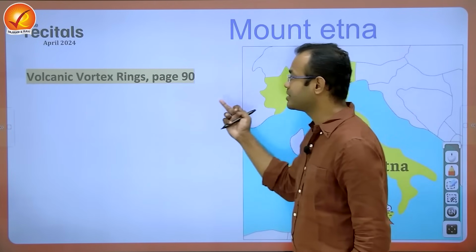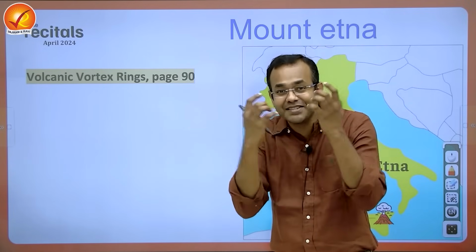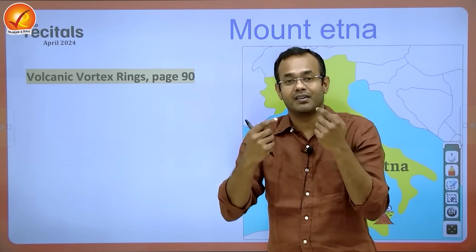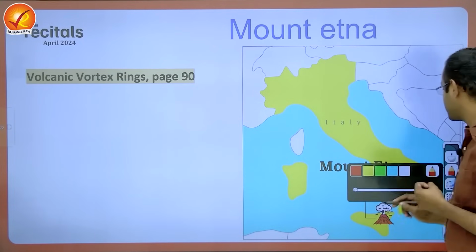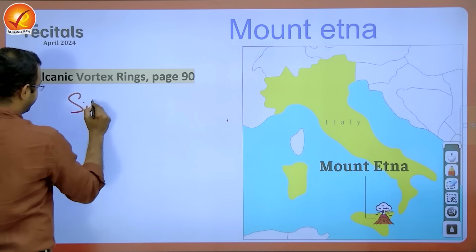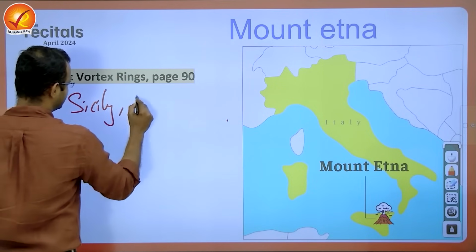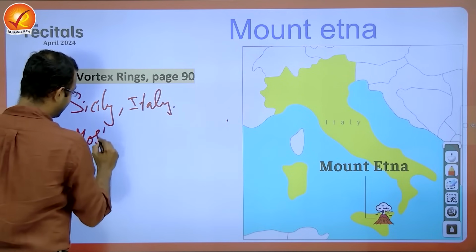next geographical location, which is, recently we found vortex rings have been formed during the eruptions of the volcano in the Mount Etna. First, we will go on with respect to Mount Etna. Mount Etna is present in Sicily, Italy,